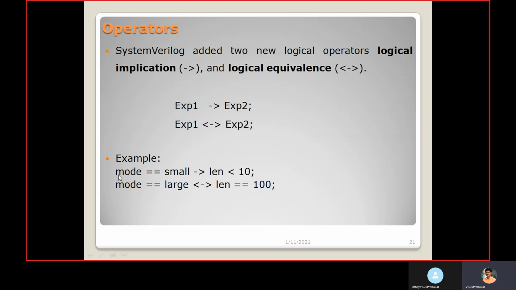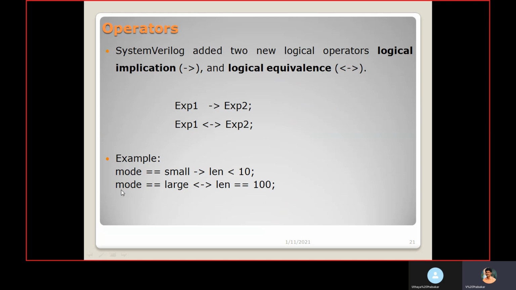For example, let's say mode is a variable. It consists of small, large, and medium. So if we assign mode as small, length, which is another variable, should be less than 10. Length value should be taken less than 10.